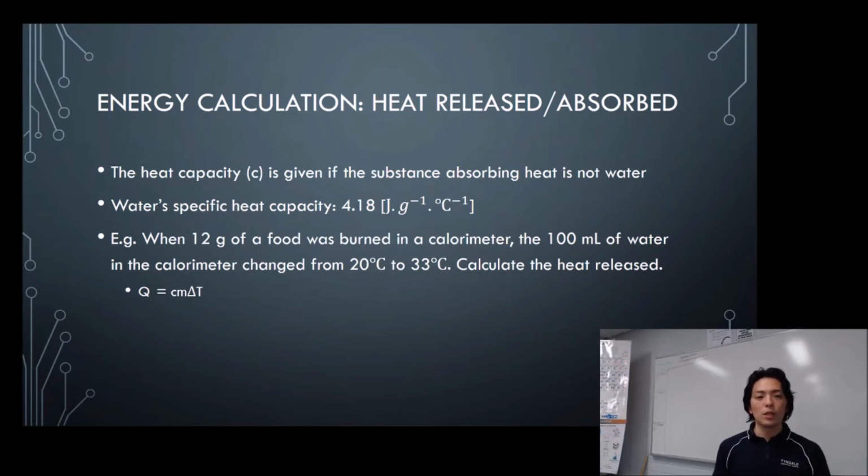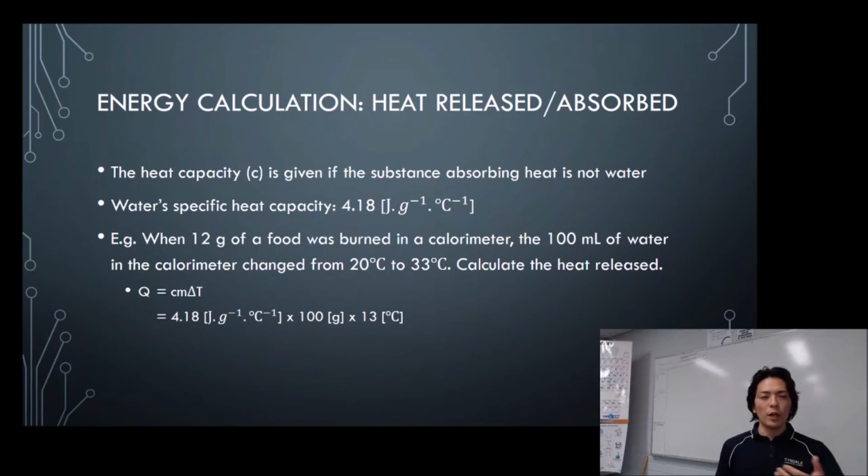Q equals C m delta T. C is 4.18. M, in this case, is the mass of water. 100 milliliters is interchangeable with 100 grams, so you put 100 grams there. I already did delta T, the temperature change, so you just have to subtract the starting temperature from the final temperature. If you calculate that, you would probably get